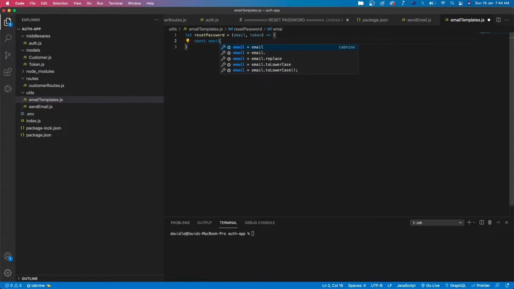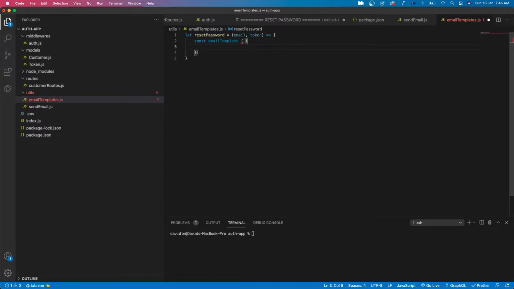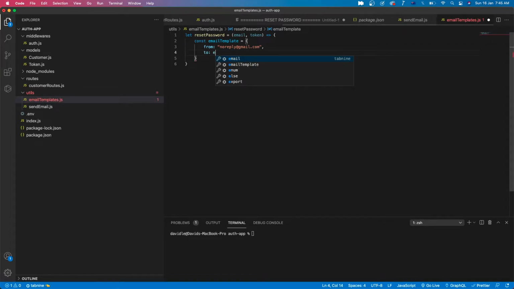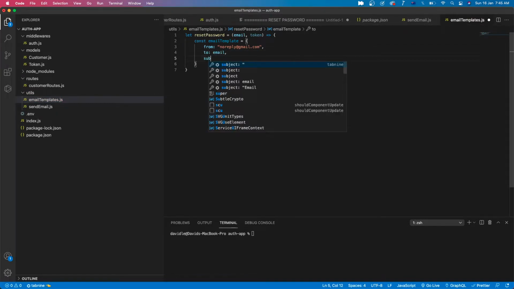Email template. From no-reply at gmail.com, to email, and then the subject,